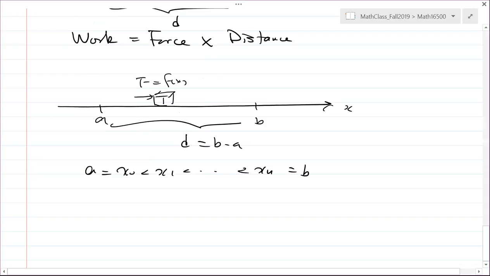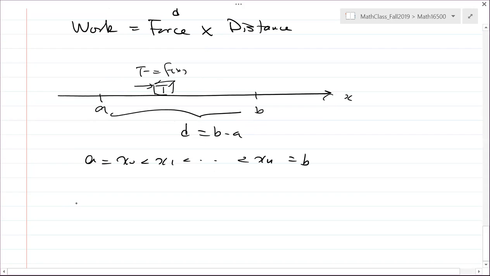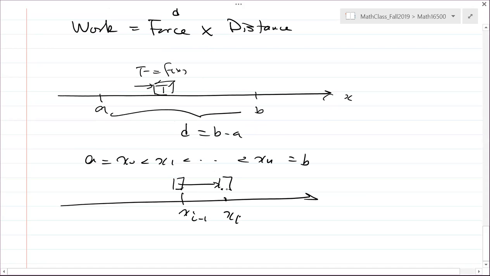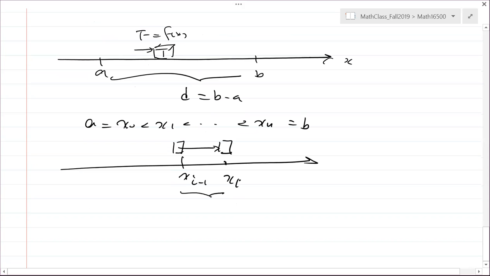Step by step, if you push the box from x_{i-1} to x_i, the work done by pushing the box from this point to the next point: the distance is clear, this is delta xi. The force is almost constant because the curve is continuous. So the work done is almost f of xi times delta xi,